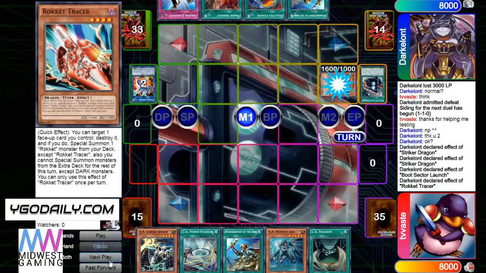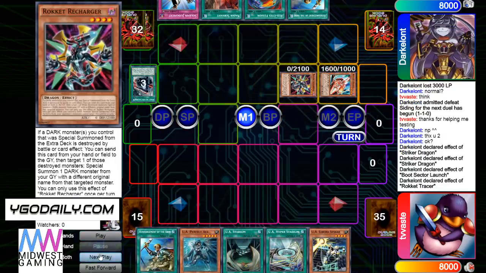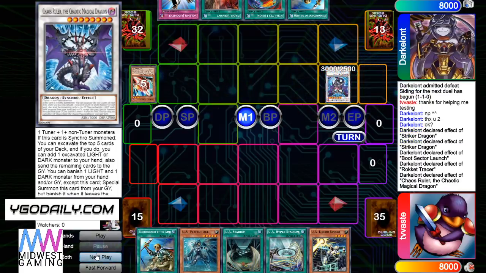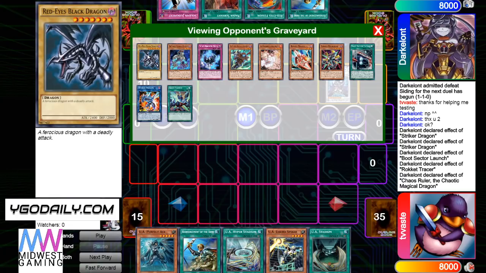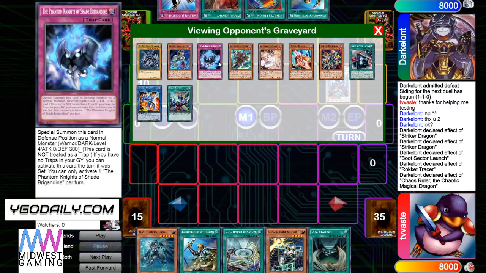Boot, summon out Tracer. Tracer, pop Boot, bring out Recharger. And then turn those into Chaos Ruler effect. And he's going to have to add the Red Eyes Black Dragon if he wants to go for any Red Eyes Fusion combos this turn. Or